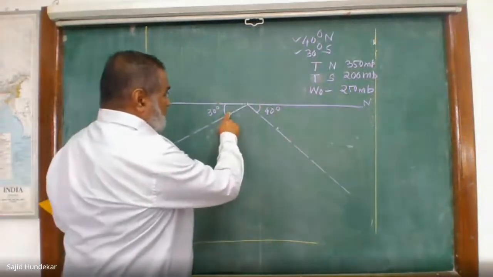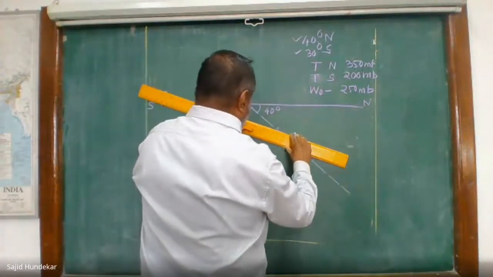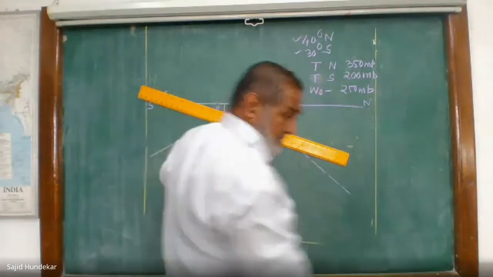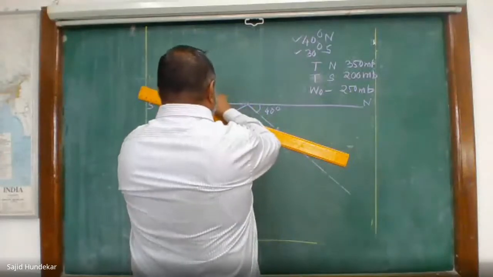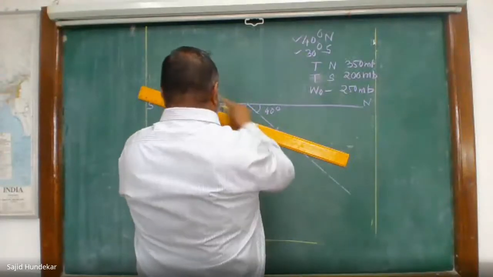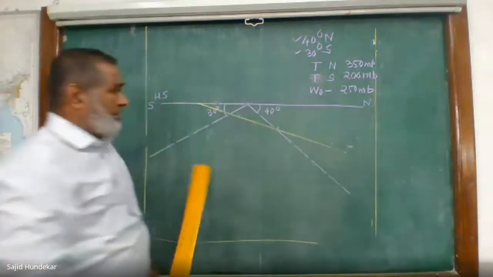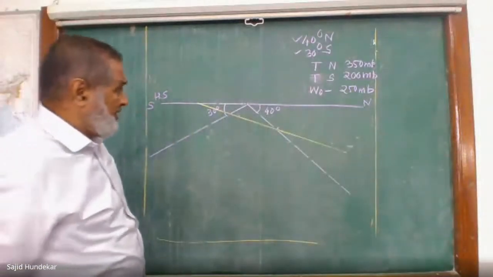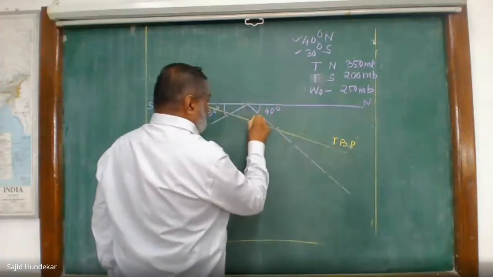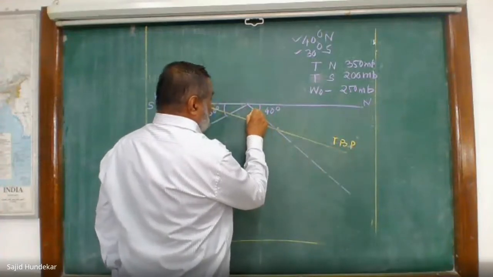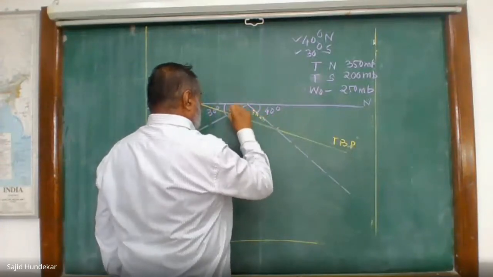So this is the top bedding plane on the south, and this is the top bedding plane on the north. If I join these 2 points, I'm going to get a bed. So this bed I will draw with some other color. Yes, this is the top bedding plane. This distance I have taken as 350 meters. Here it is taken 200 meters.